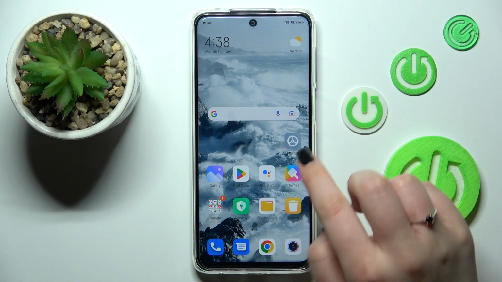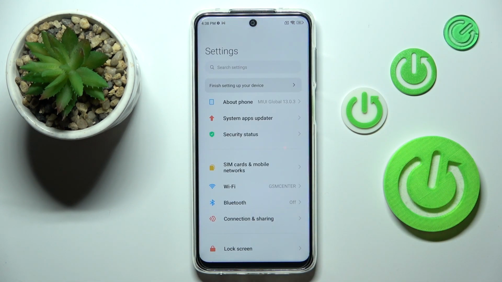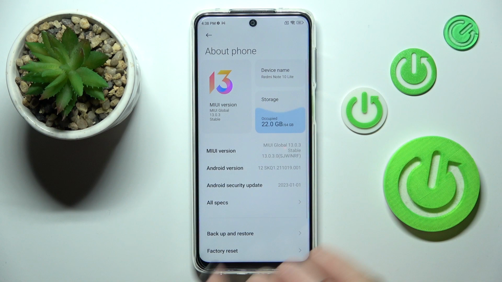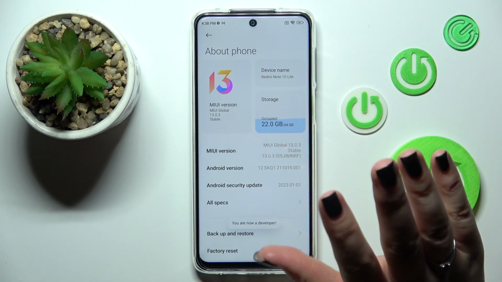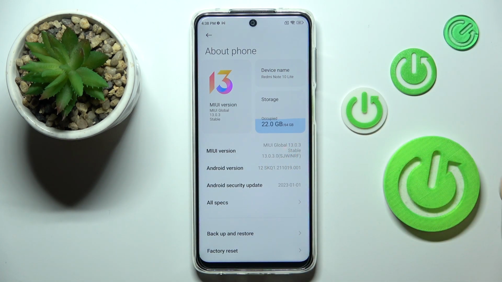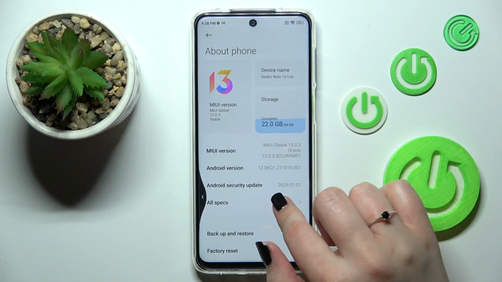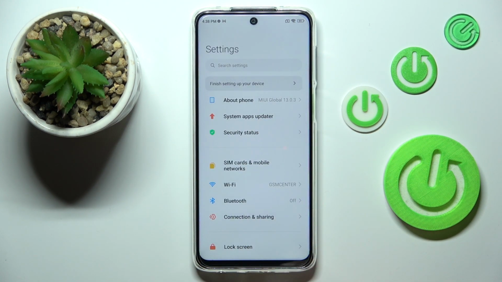Alright, so first of all we have to enter the settings, and now let's tap on About Phone. Here let's localize MIUI version and keep tapping on it until you'll see that you're in the developer mode. I know that this step may be quite confusing, but no worries, it is actually crucial in order to find